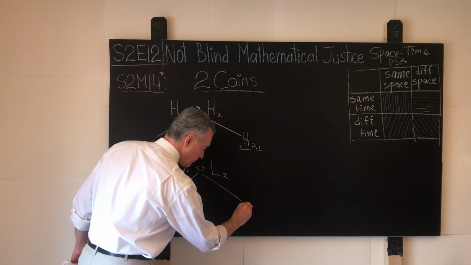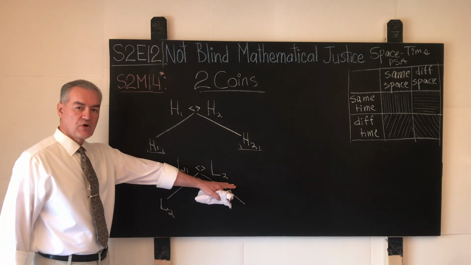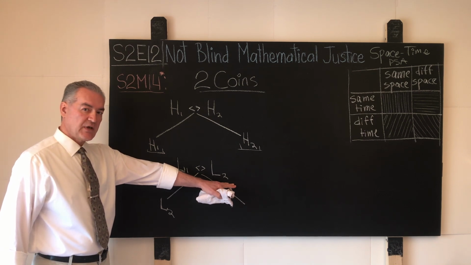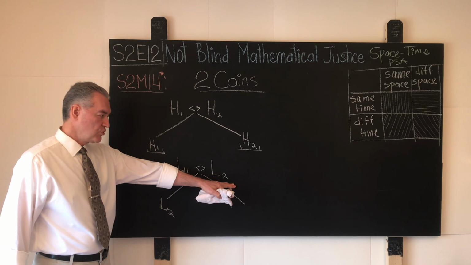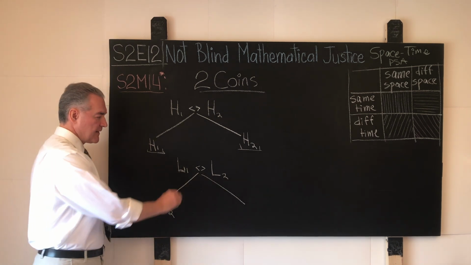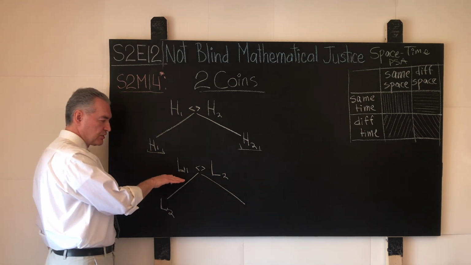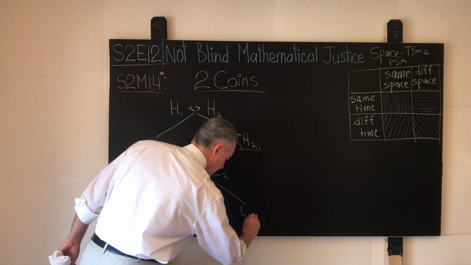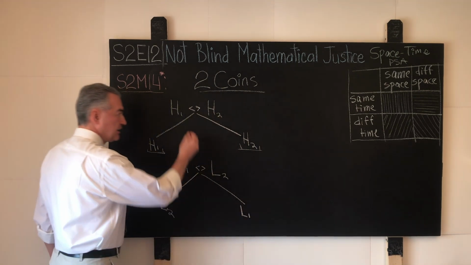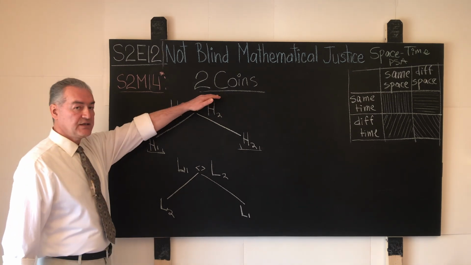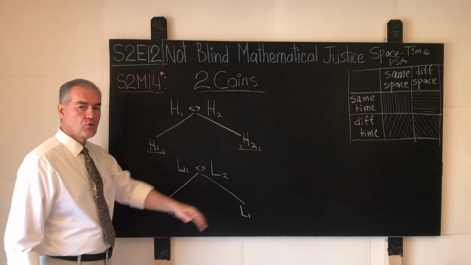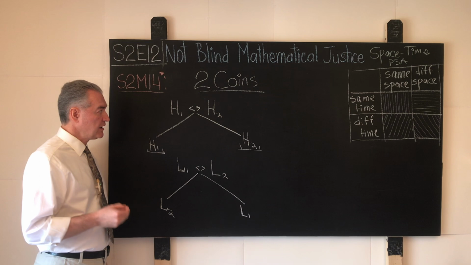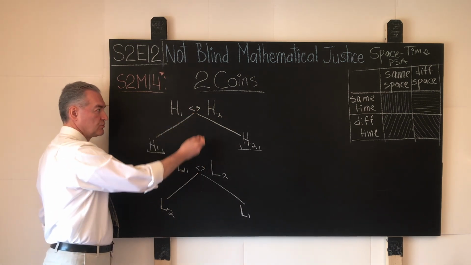And another outcome that is possible in this case is when the right pen goes down, the pen that contains the coin L2, and again, a suspect that is lighter than a genuine coin cannot go down. That doesn't make sense. That means that as a result of this experiment, the coin L1 in the left pen went up, and that coin must be the fake coin. And here we see that in the two coin case, when the quality of the fake coin is known ahead of time, then this problem is solvable in precisely one experiment or in one weighing.